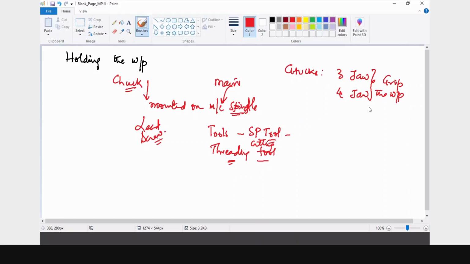Okay. Now this workpiece is being gripped inside either a 3-jaw chuck or a 4-jaw chuck. Fine. Now, actually what happens is that there is a key also. Once I show the figure, then you will be able to understand better. So there is a key where you are going to tighten the jaw section. So then it is going to hold the workpiece.